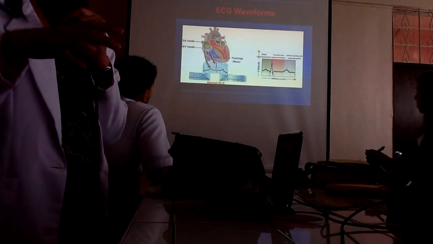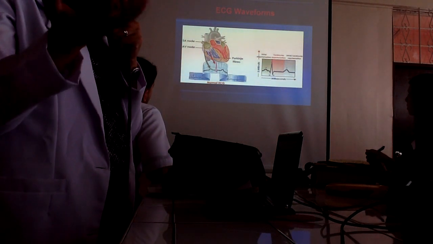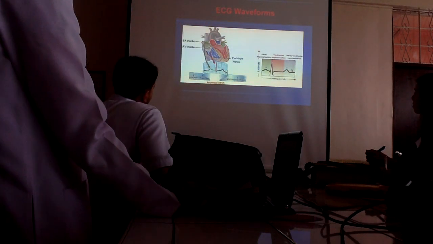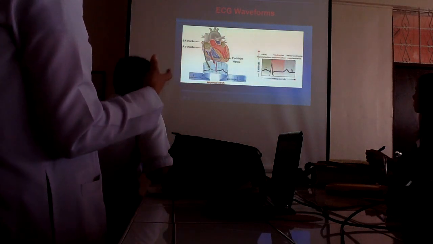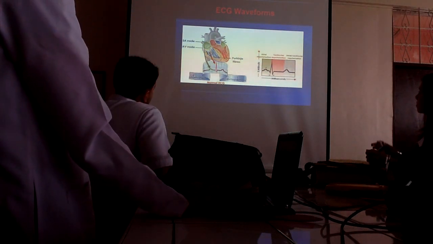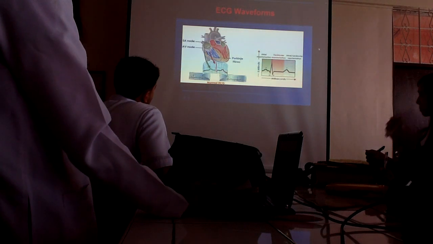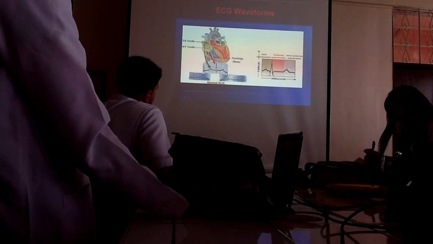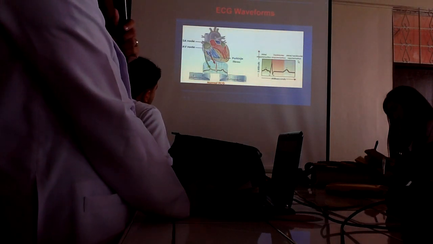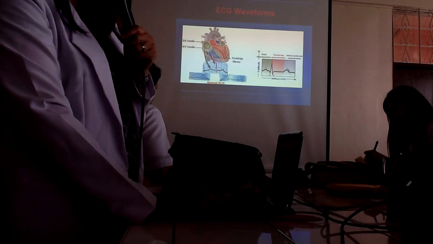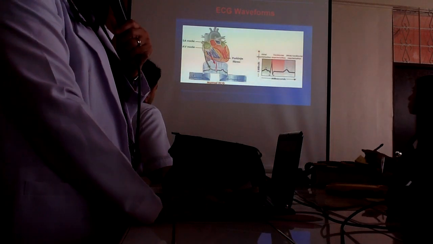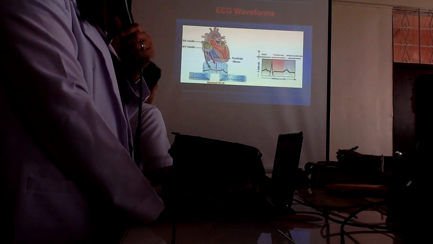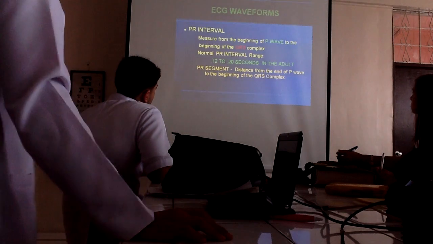But in order for it to contract, you have to have what? Repolarization of your atrium as well. Okay? That is why in the graph, in this form, it was pictured as one. It was not actually emphasized, but it was just stated that this is to signify that during this time, there is also atrial and ventricular repolarization going on. But your T waves signify ventricular repolarization. Did you understand?